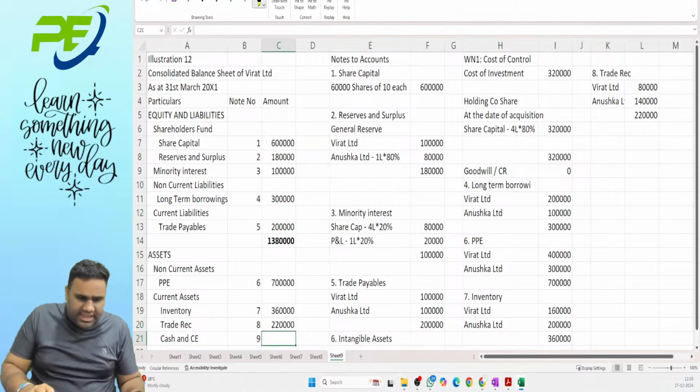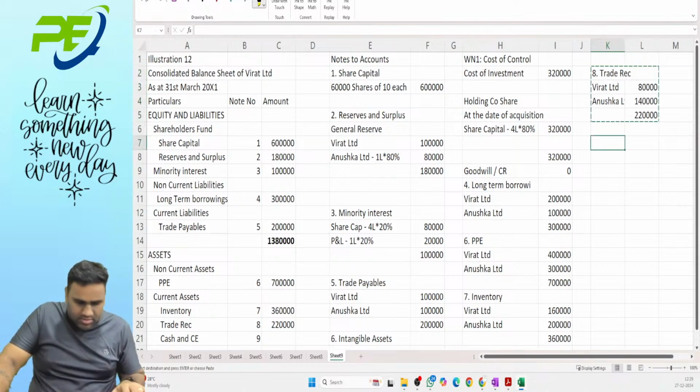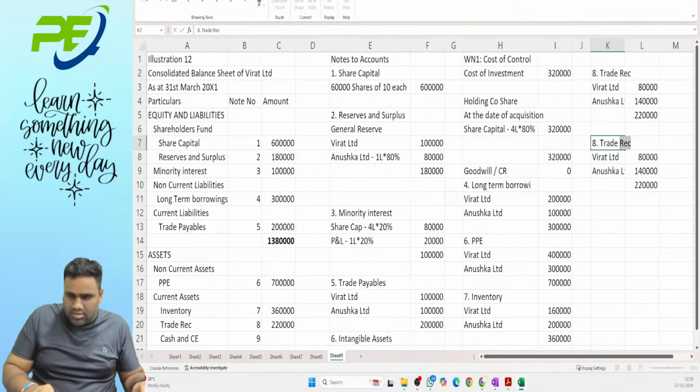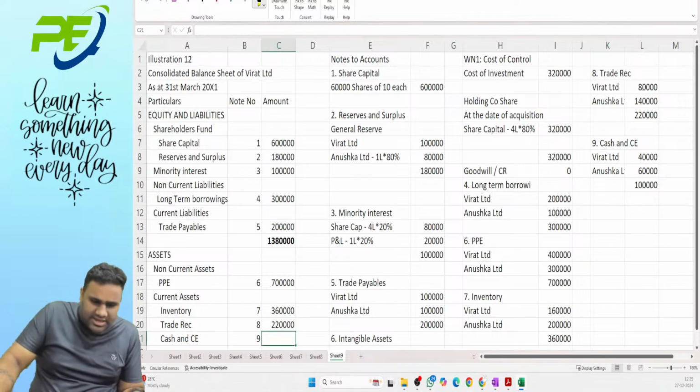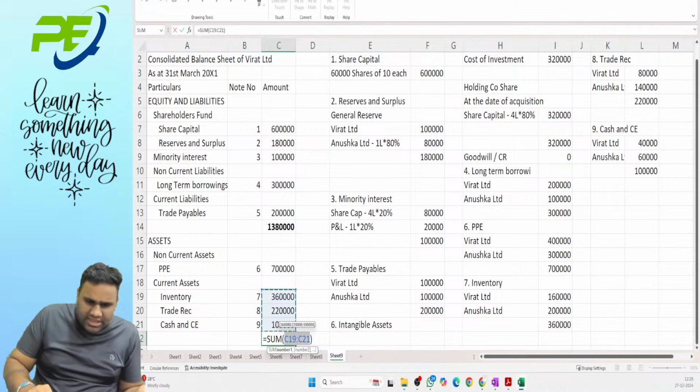And finally, cash and cash equivalent 40 and 60. Note number 9, cash and cash equivalent, it is 1 lakh. So total is,